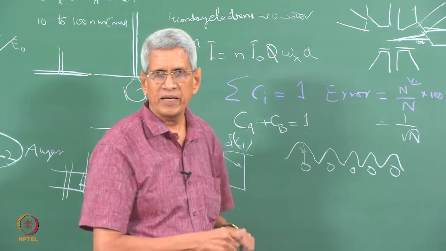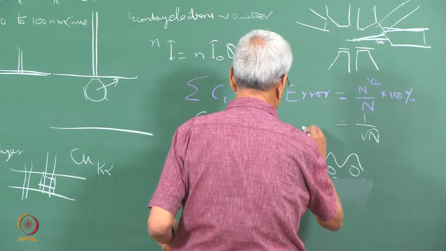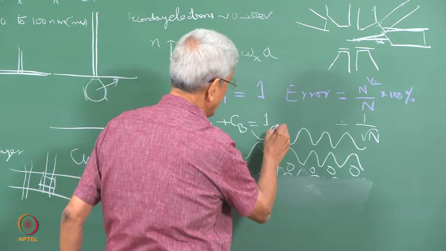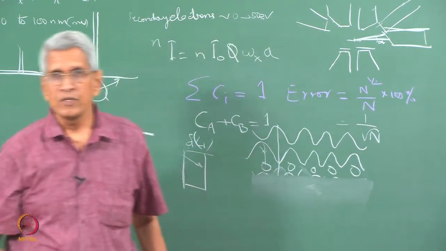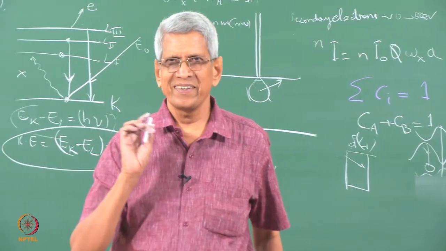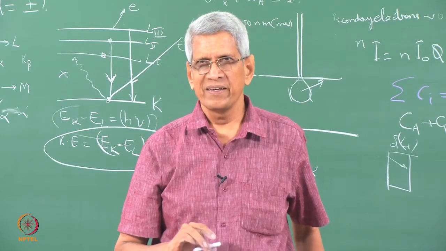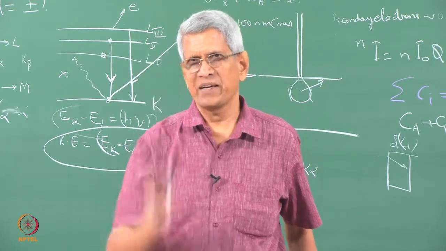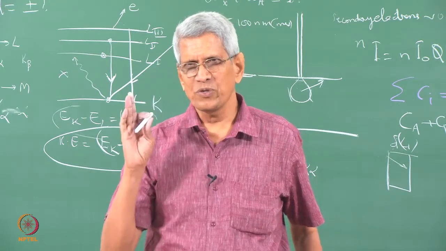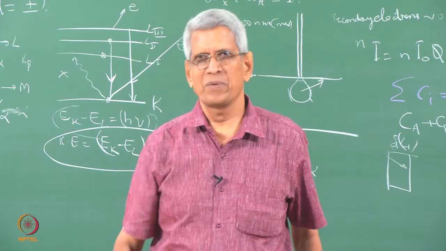So the signal strength will be there. Suppose it is the other way around, with a 180-degree phase shift. Here the concentration of electrons is going to be more between those regions. That means the interaction of electrons with the atoms is going to be less, so the characteristic X-ray generation probability reduces. This is what happens when we are close to the Bragg condition. That is one of the reasons why I mentioned that one should be far away from the Bragg condition to find out the true composition of the sample.